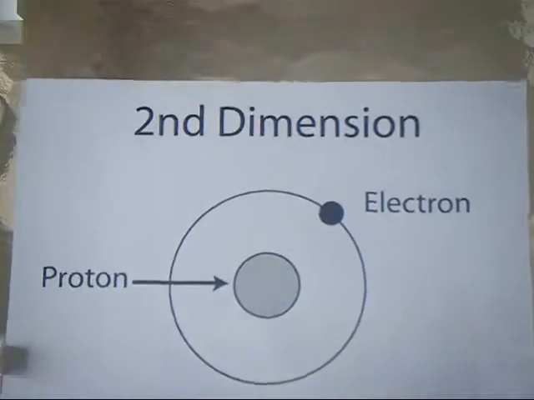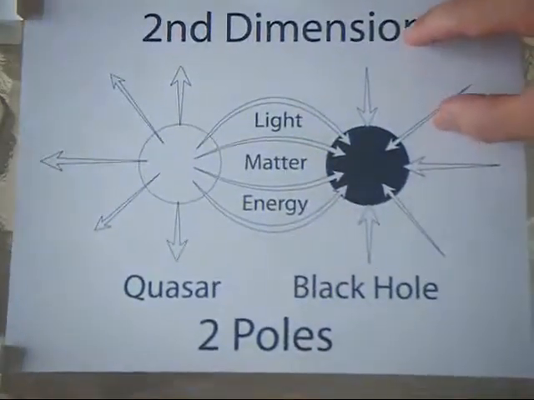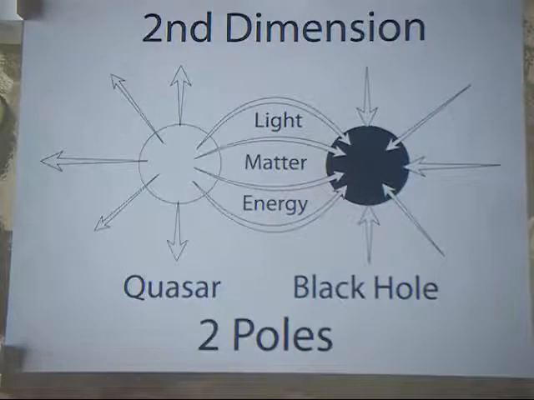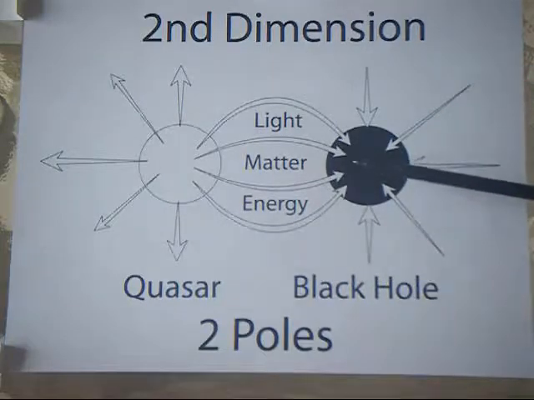Here is yet another representation of a two-pole perception of our universe. In this diagram, I'm showing quasars and black holes as